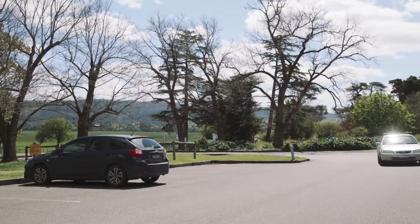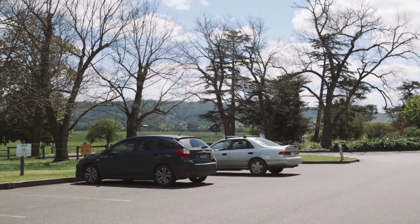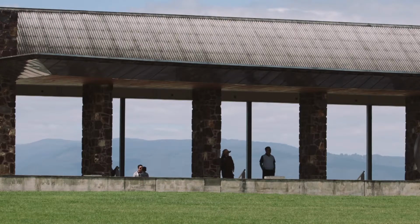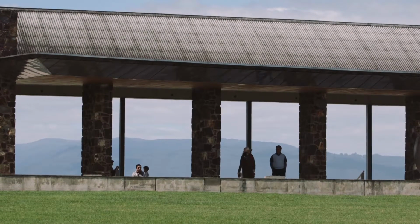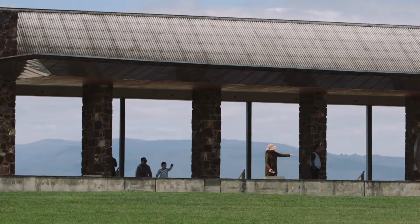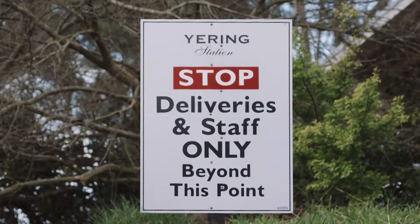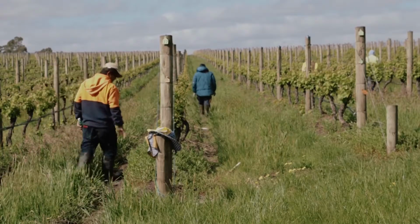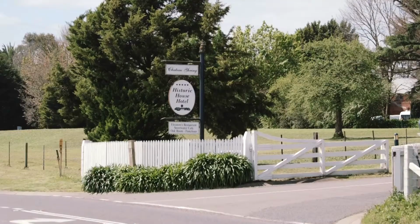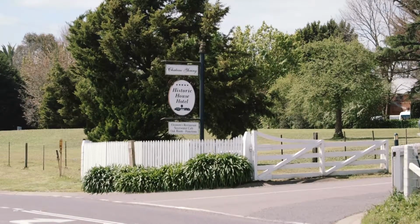Provide parking for tourists and visitors to the winery away from your vines, preferably on a hard surface. Prevent anyone taking shortcuts through your vineyards. They must stick to roads, designated tracks, or hard surfaces. And do not allow visitor vehicles to drive in the vineyard. Don't allow tourists or unauthorized visitors entry to your vine rows. And restrict access to your vineyard as much as possible with fences and gates,